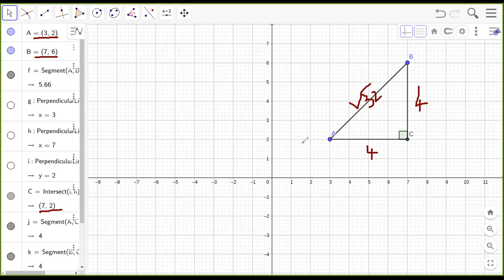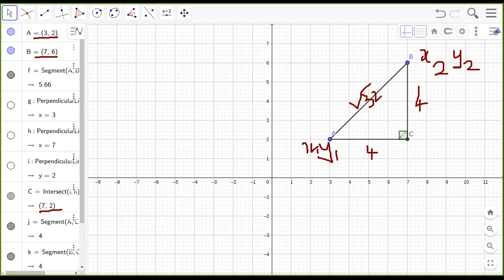A as x1, y1, say I call it x1, y1. Excuse my writing because I'm writing with a mouse, it's very difficult. And this I call x2 and y2. Okay. So what will be the coordinates of this point C? Will you be able to guess if this is x1, y1 and this is x2, y2? What will be the coordinates of this C? If anyone can guess, what should be the coordinate?